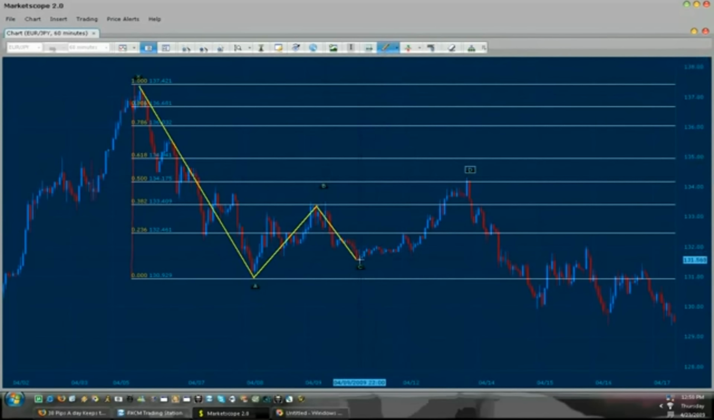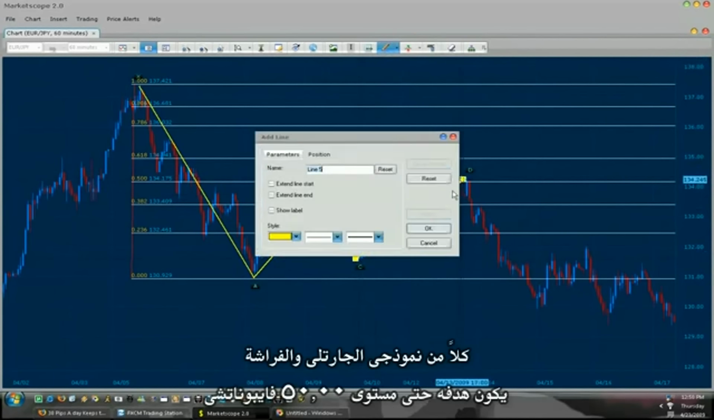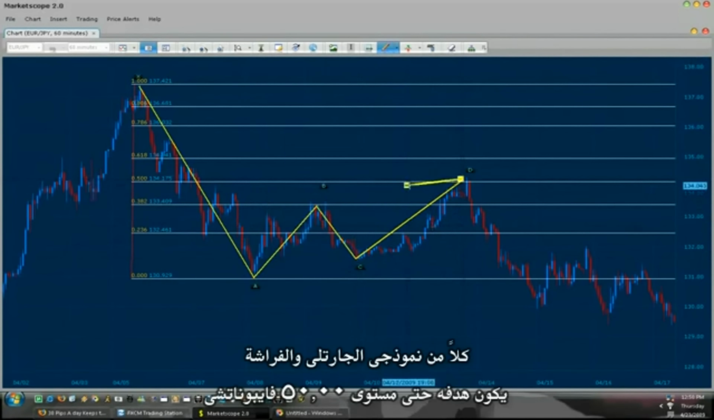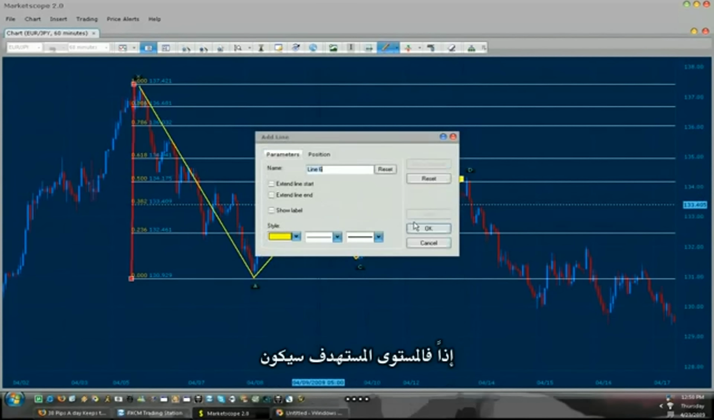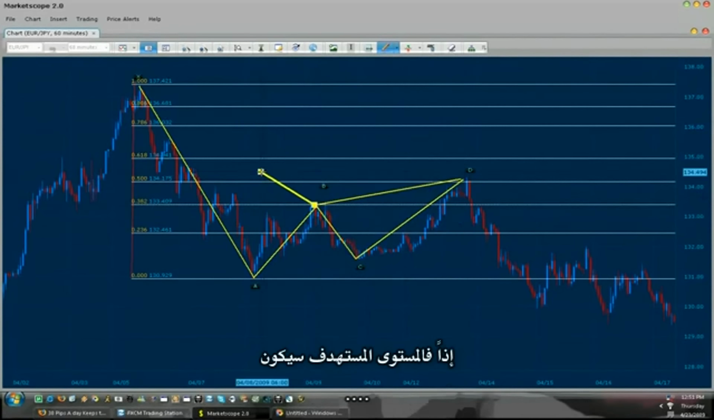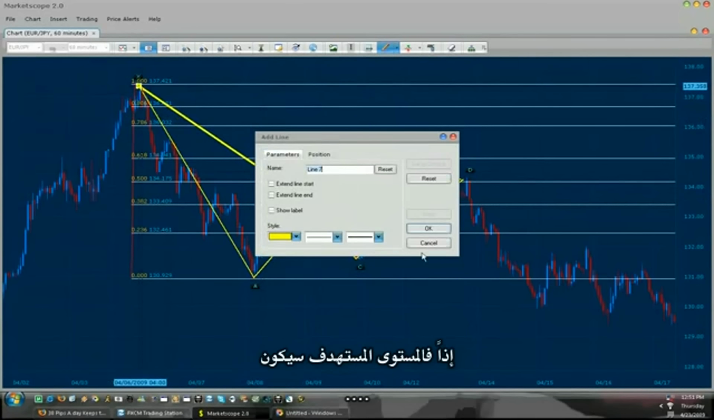Now, a Gartley or a Butterfly pattern normally retraces about 50% for this pair. So what we do in order to measure our target will be draw our fibs